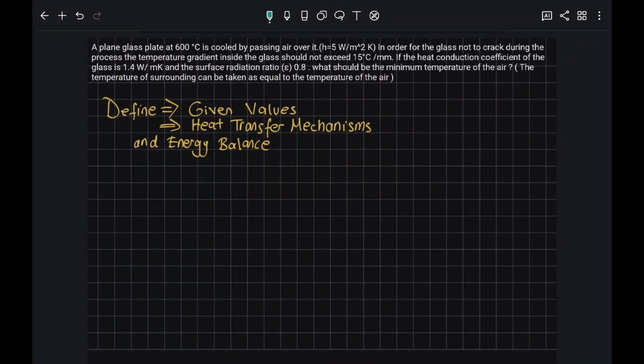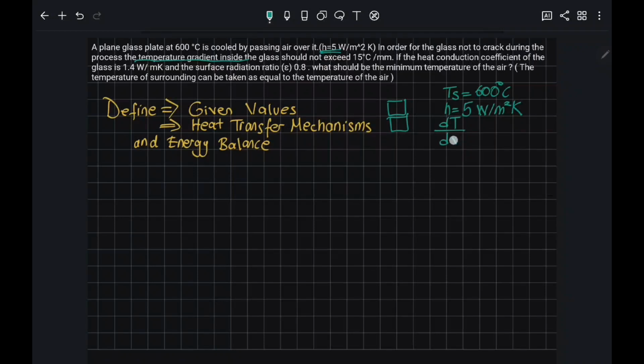First of all, we need to define given values and energy balance equation, which includes heat transfer mechanisms. Let's start with defining values. Firstly, I have surface temperature of glass is 600 Celsius degree and heat convection coefficient is 5 watt over meter square Kelvin. And temperature gradient,